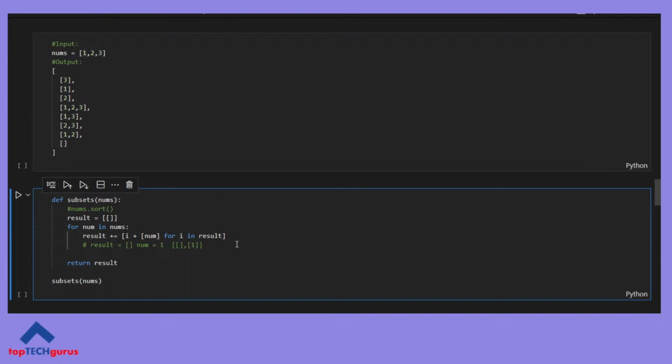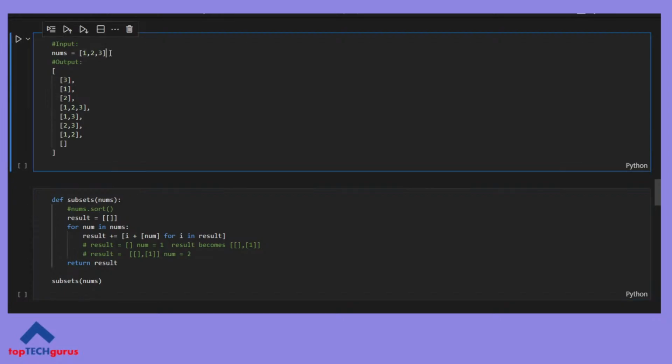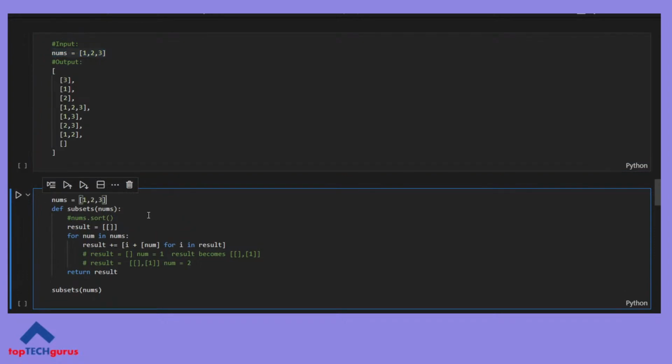and then the next iteration, result when it starts is already this, and num is now 2. Given that nums is 1, 2, 3, now num becomes 2, but result has to append to this, so it starts with this and then appends the value